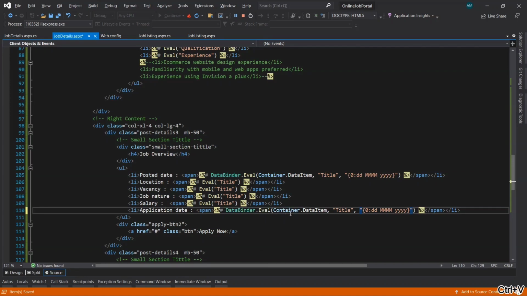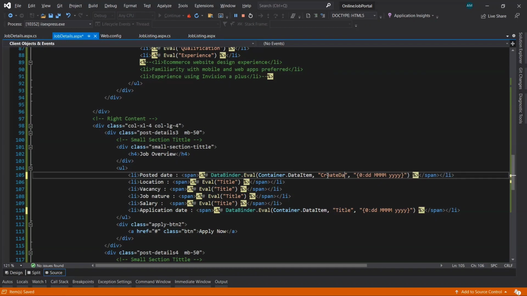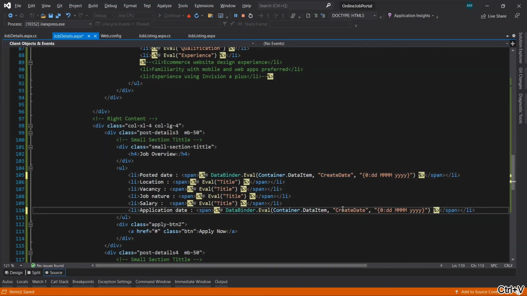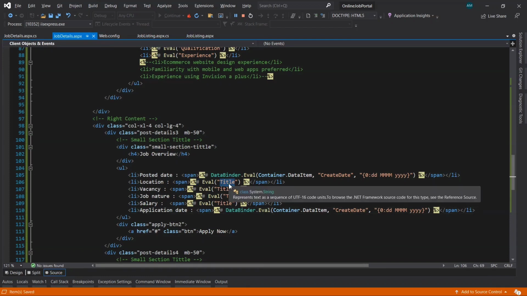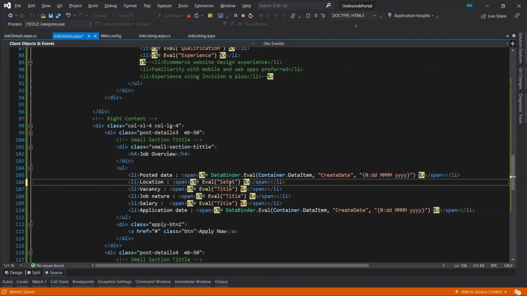The column name we need to change here is the created date. In our table's column we have taken create date. So let's copy it and paste it here also. Save it.